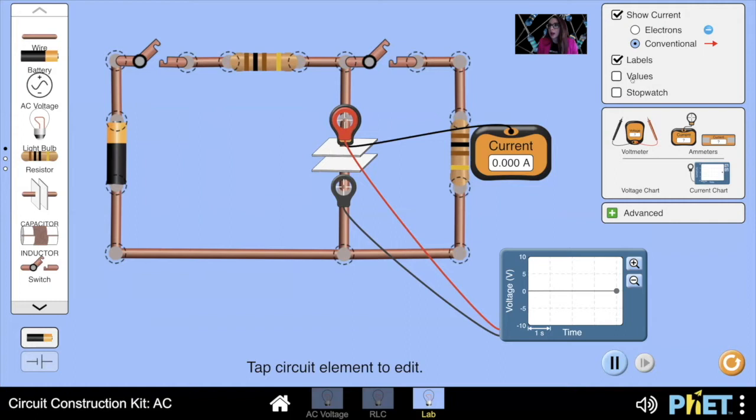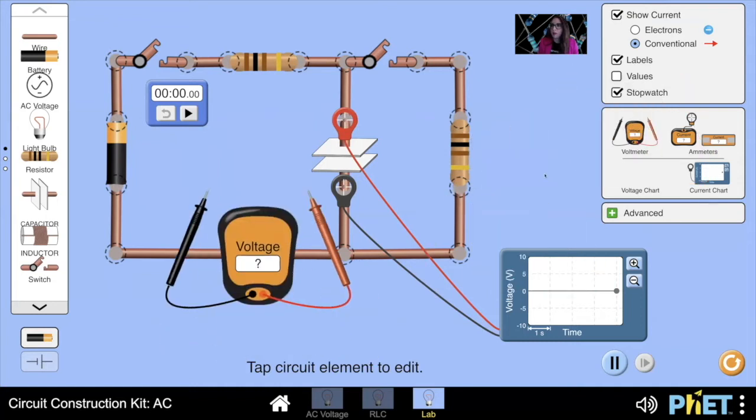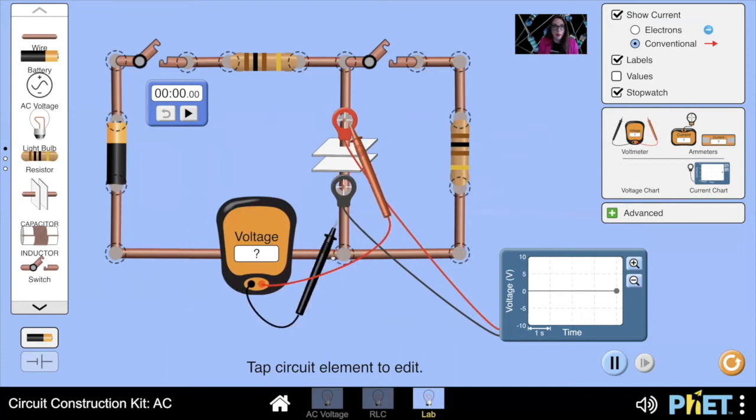And I'm also going to bring in a stopwatch here, and I'm going to close the switch. And actually, I want the voltmeter in here instead, not the ammeter. I've got the voltage chart, and I'm also going to bring in my voltmeter here. Okay. Now I'm going to close the switch, and then I'm going to see how long it takes for the